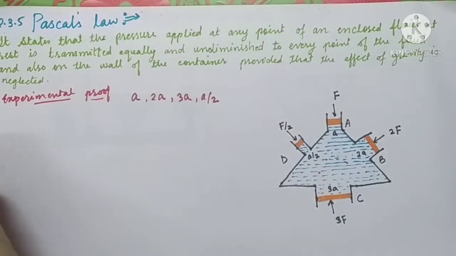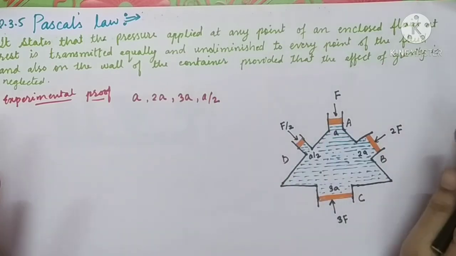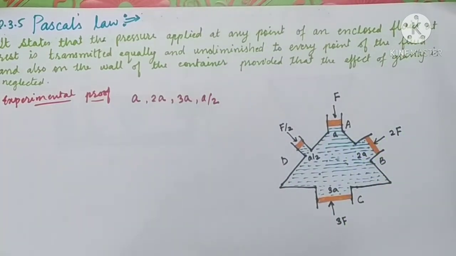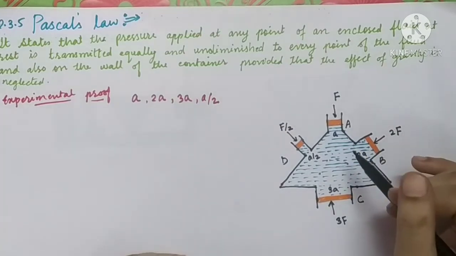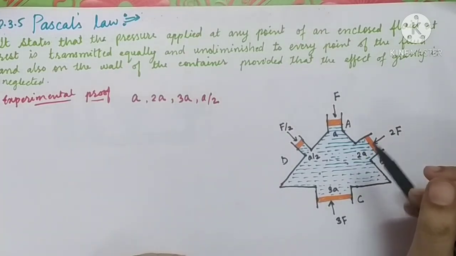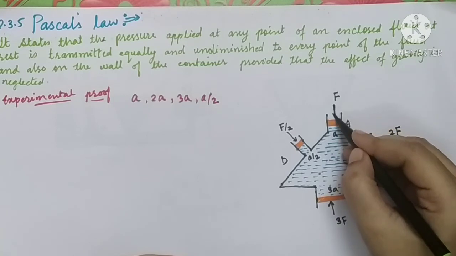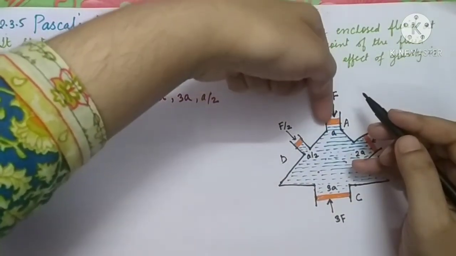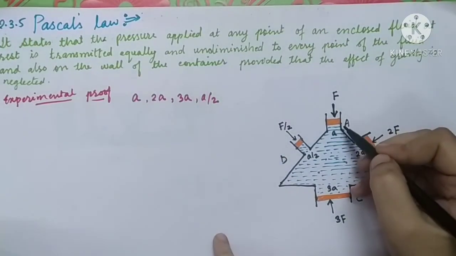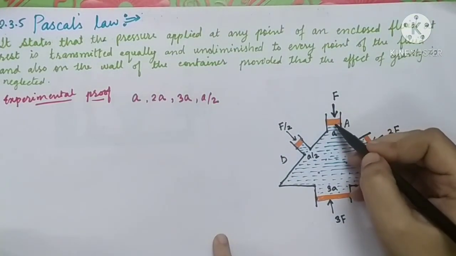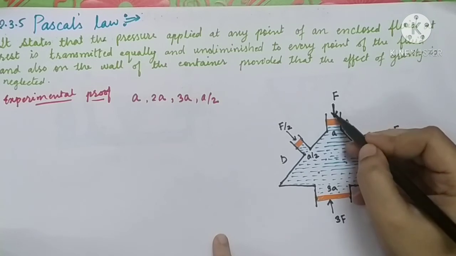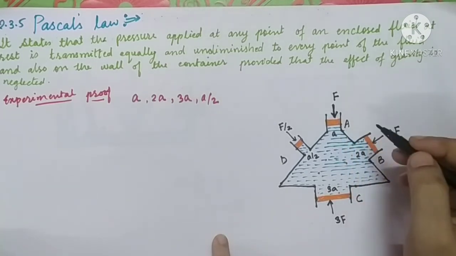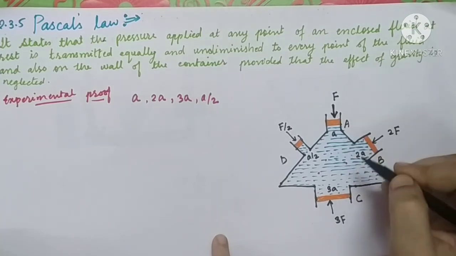Let us see what we will have to do according to Pascal. Obviously, we will have to apply pressure at one point of this fluid container. So let us apply a force of amount F. Let us press the opening A. Let us press the piston in a downward direction. See the direction of force we have already shown over here. F amount of force is applied to the opening A.